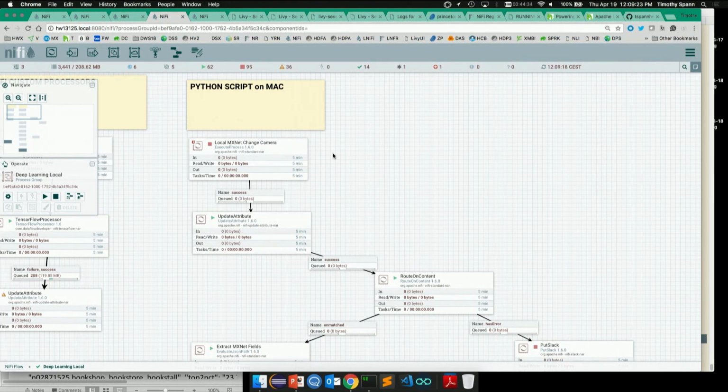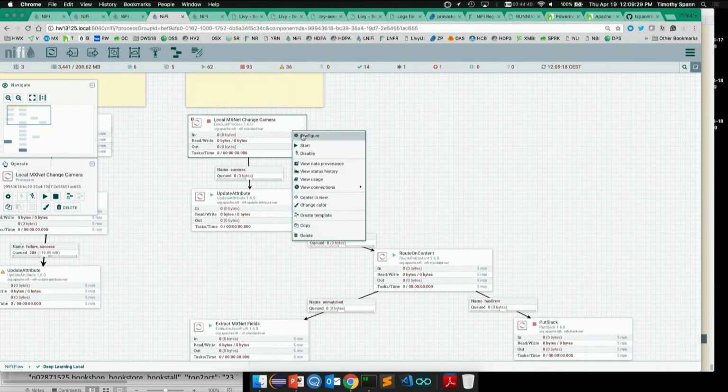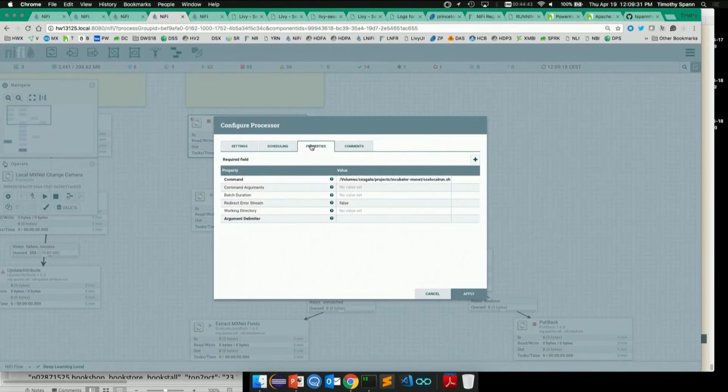So this is running on my laptop. If you see, it's a local one. This is Apache NiFi. NiFi makes it very easy to operationalize things that before were hard to trace. I've got a shell script. I'm running cron on I don't know how many servers. I've got to try to figure out when it ran, how to collect the data from it. How do I put that into a workload?